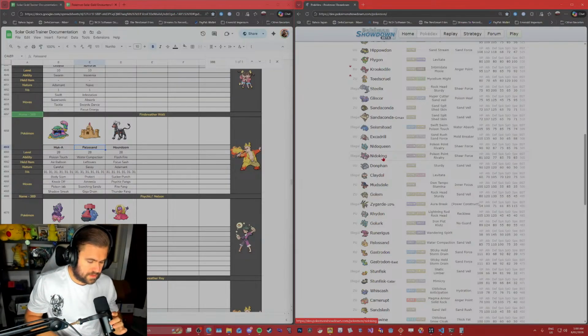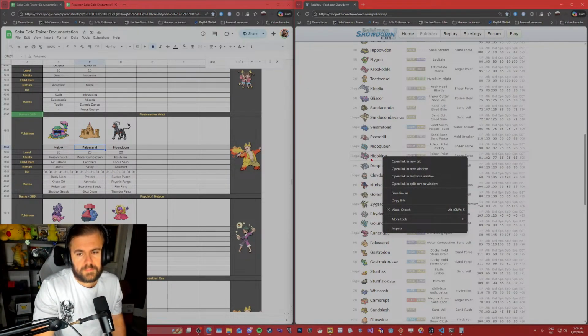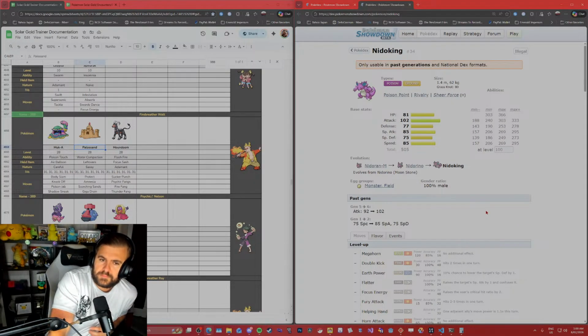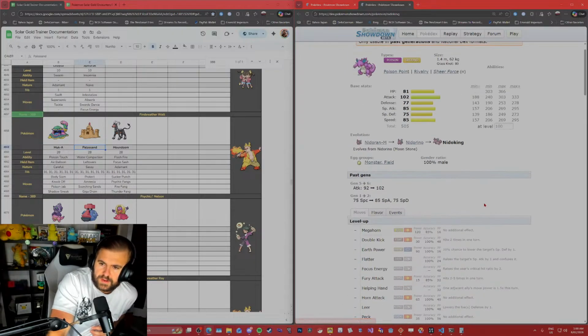I can use type moves and stuff, right? That makes sense because you can get Nidoran on this route.